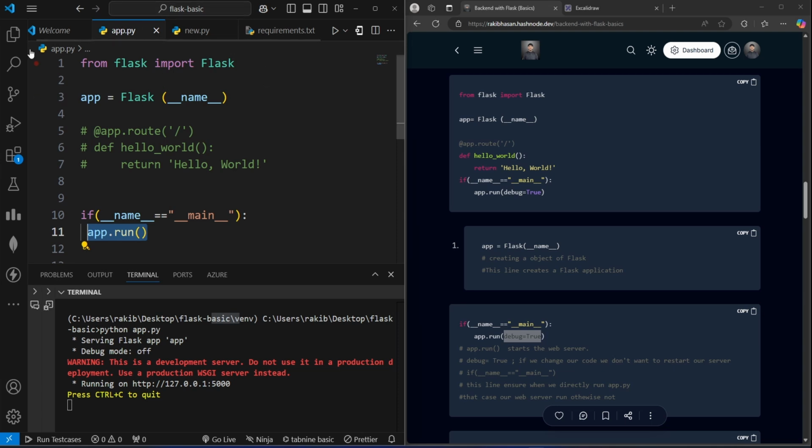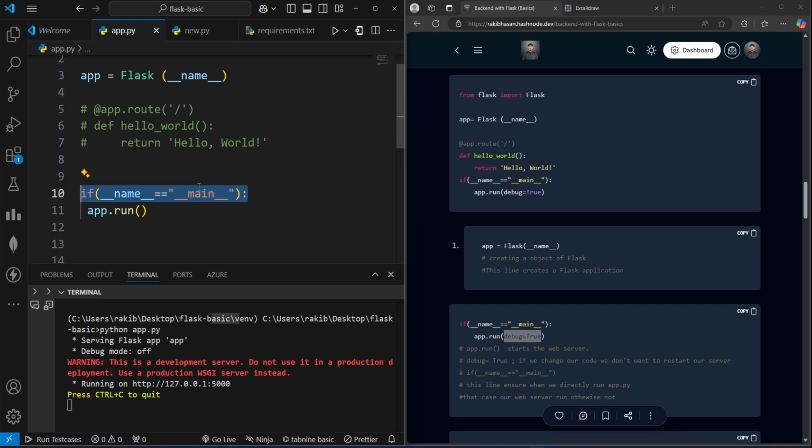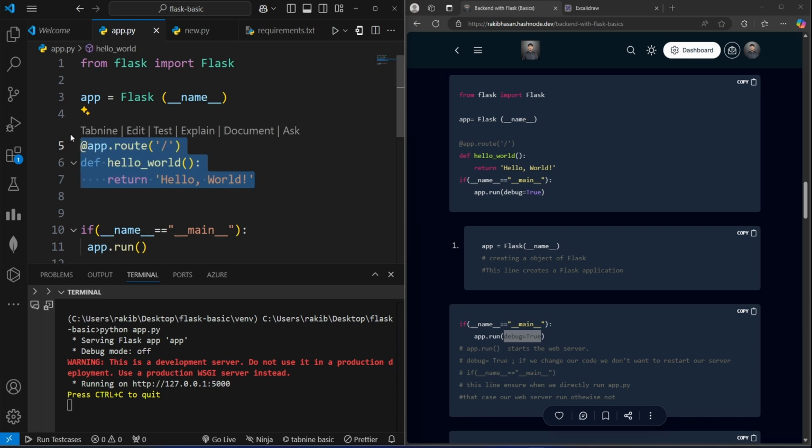If I import this app.py in another file, then it should not run my server. Okay, this condition ensures that if I execute the app.py file directly, then our server should start. Okay, fine. Okay, in these three lines of code